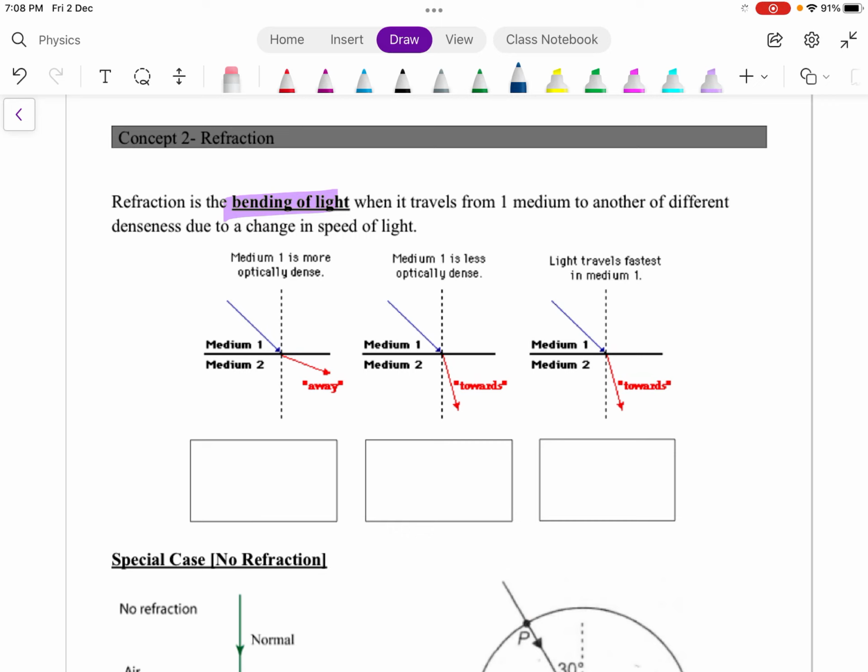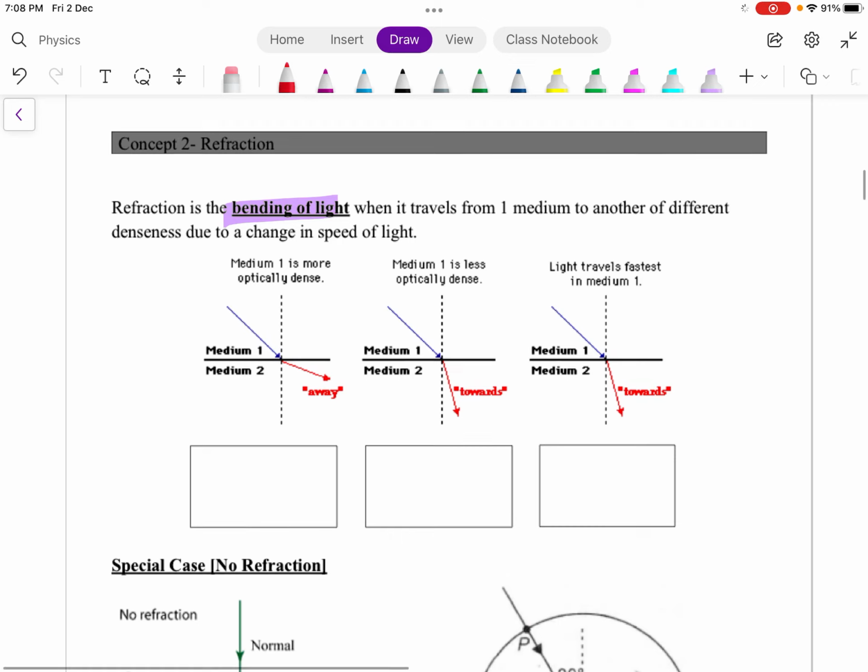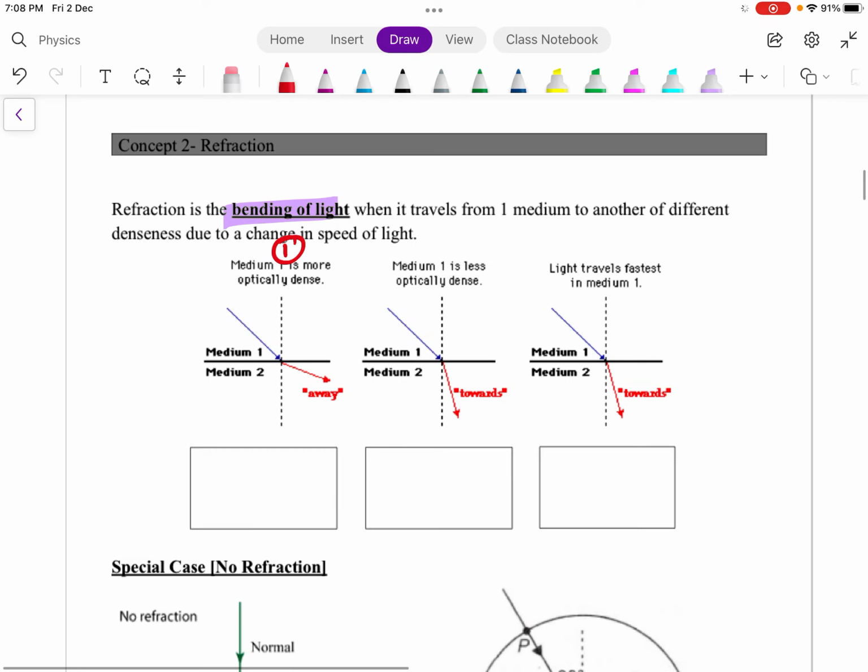Okay, so looking at diagram number 1 right here, notice that when the light hits the medium 1 and medium 2 boundary, the light actually bends away from the normal. So what can I conclude about the speed of light in medium 1 and medium 2 respectively? In medium 1, the speed of light should be smaller. When you go into medium 2, you bend away from the normal, so it means that the speed of light